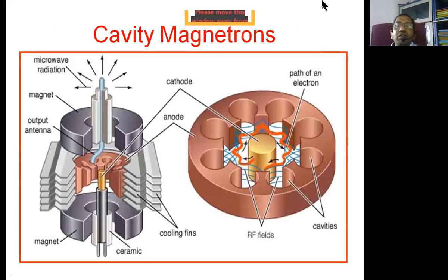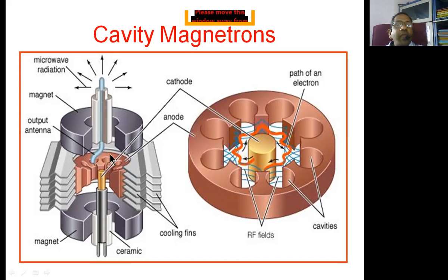Now this is once again the cross-sectional view of the magnetron. In this constructional diagram, we can see some more details of the magnetron. Every magnetron is going to have a cathode. See, this yellow rod is nothing but the cathode, and this is going to be an electron gun which is going to supply the electrons at very high speed.